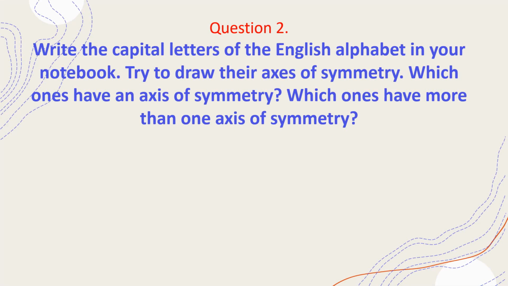So students, in your notebook you have to write the capital letters of the English alphabet, and there you have to find out which one has an axis of symmetry, and we also have to find out which ones have more than one axis of symmetry. So here you can see,